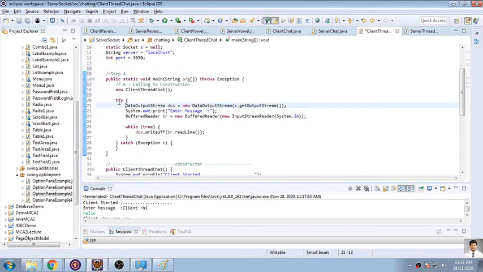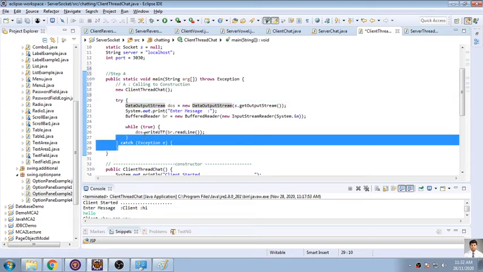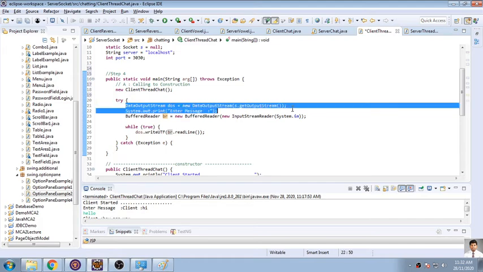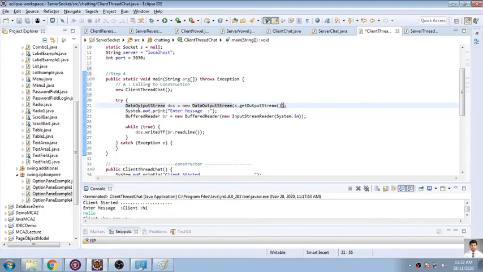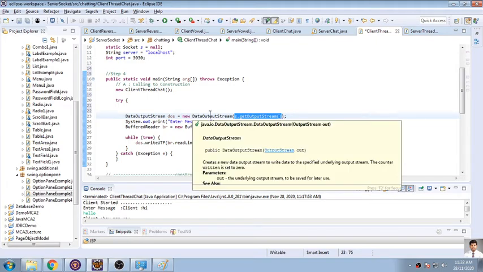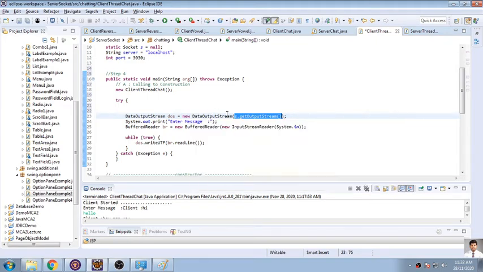So I have written this into a try and catch block. What that code is: I want to send something from my main function. So here I have used DataOutputStream DOS, and I have written it in a single line. Previously what we used to do is write OutputStream OS is equal to socket.getOutputStream. Now I have directly passed s.getOutputStream as a parameter into my DataOutputStream. So we can reduce the length of the code from 2 lines into 1 line.